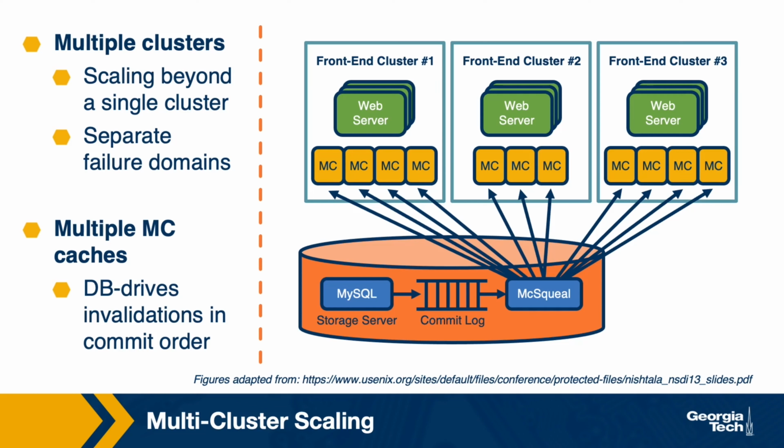Now, when we're working with multiple Memcache clusters, it becomes necessary for invalidations to be centralized in order to ensure ordering guarantees across all of the clusters. Invalidations are pushed to the appropriate Memcache instances in an order that corresponds to the database commit order. In that sense, it is possible for the Memcache data to be stale, but the updates will not be reordered. Also, the storage tier isn't necessarily a single storage instance as shown in this figure. It itself can be a cluster with many nodes.